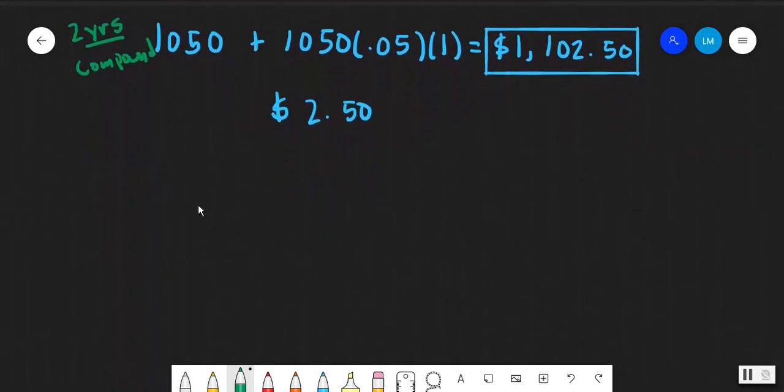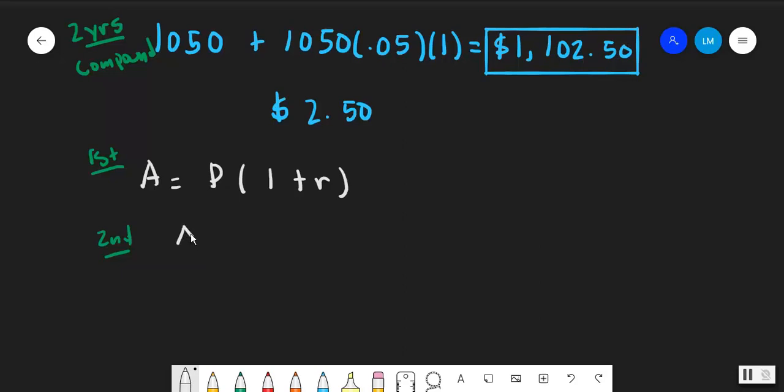So the way in which we look at this is that if you take the principal amount and you're just doing 1 plus r every year, that's after the first year. Okay, so that's the first year, and then you look at the second year. In the second year, you're going to take the accumulated amount after the second year,